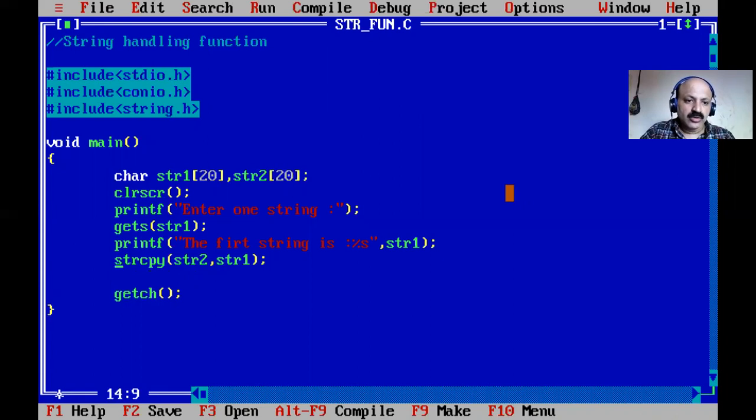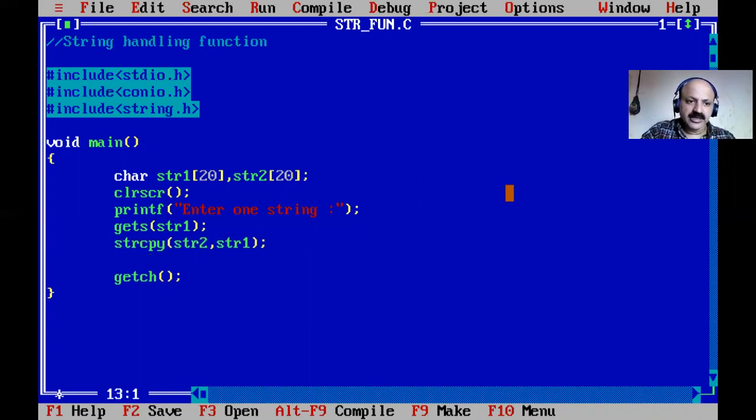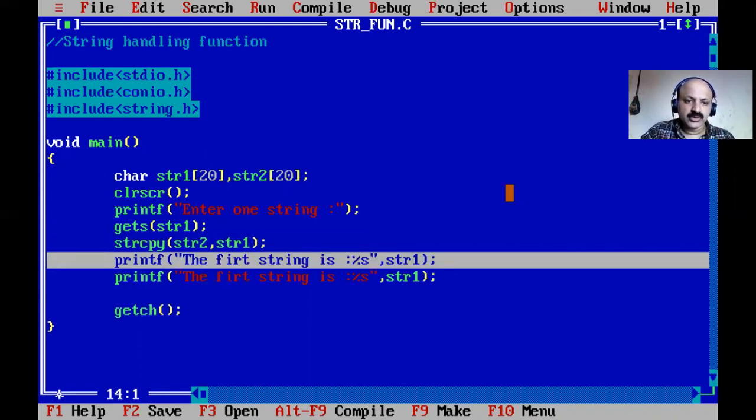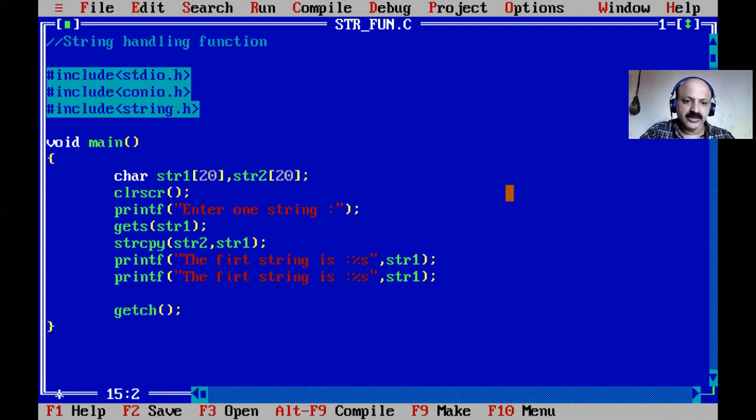Now after the copy we can print. Here I take both and we have to print. One is remaining, and here give the second, then slash n for a new line, and here we can print the second string.